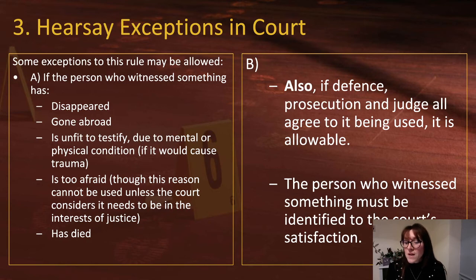So if the defence, prosecution and judge all agree, why would the defence agree? If they know that some information that's been given in hearsay is damaging or damning to their client, they're not going to agree to it, they're not going to allow it. The person who witnessed something must be identified to the court's satisfaction. Now, this is very, very interesting in